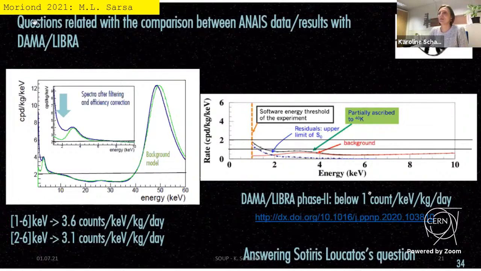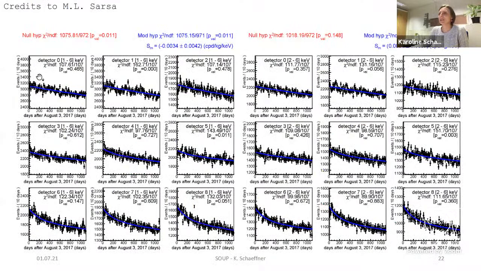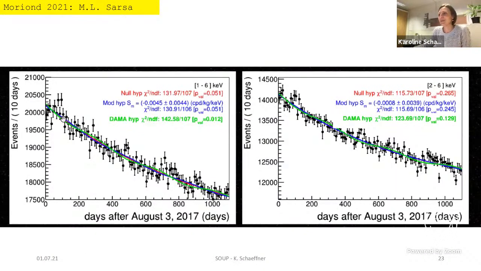On the next slide now I'll show you the energy range. This is 1 to 6 keV here, and this is then 2 to 6 keV, and this is now the rate versus the 3 years of data taking time of the 9 detectors for the 2 energy regions. You see also a fit to that with a null hypothesis and for the modulation. And if you have a closer look now at one, again here in blue, in red the null hypothesis, and in blue for the modulation. And in green here, there's also put on top